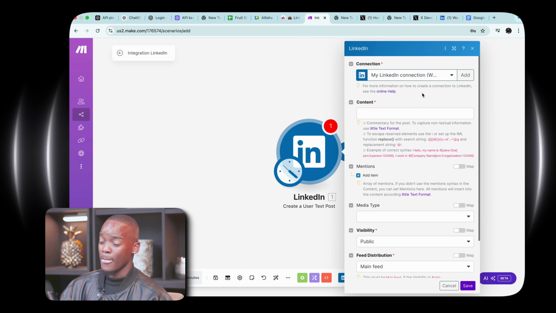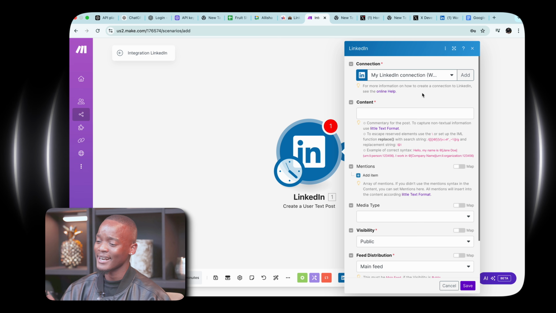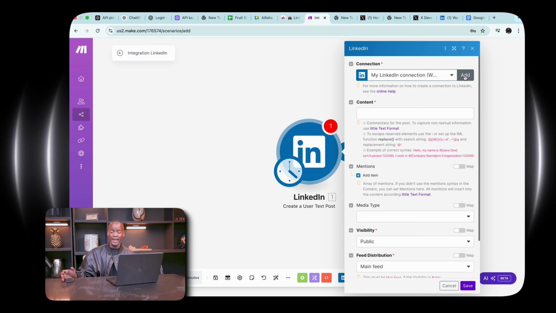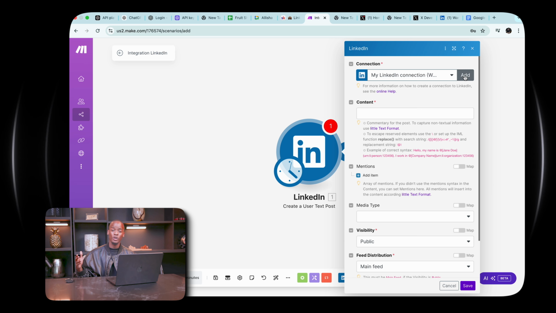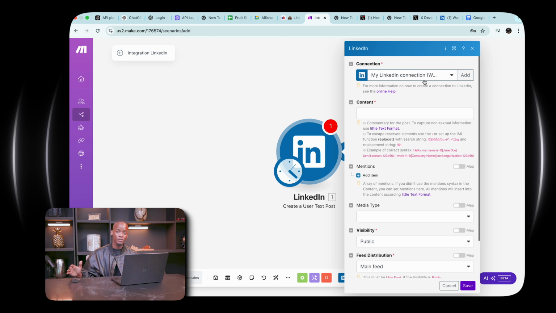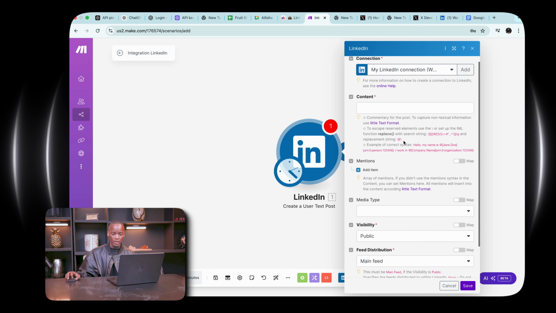And then an essential step is you want to connect your LinkedIn account to your make.com account. So you come over here to add, and then it will take you to a different window where you would essentially log in. As you can see, I'm already logged in. So all you have to do is just put in your details and log in. Now,